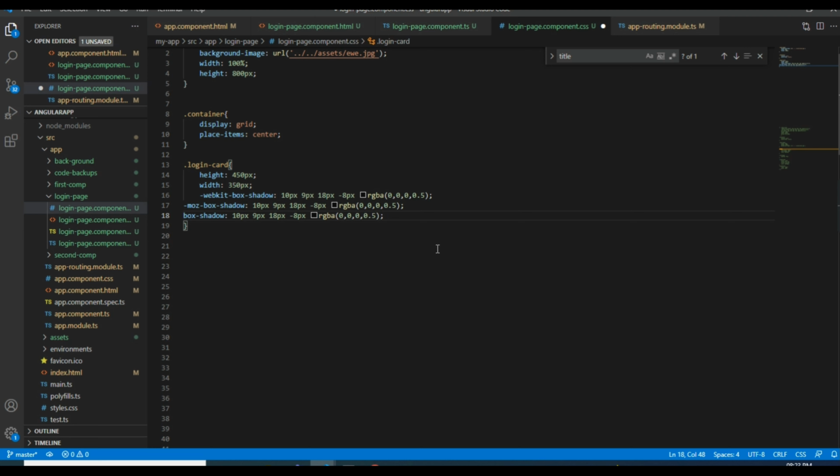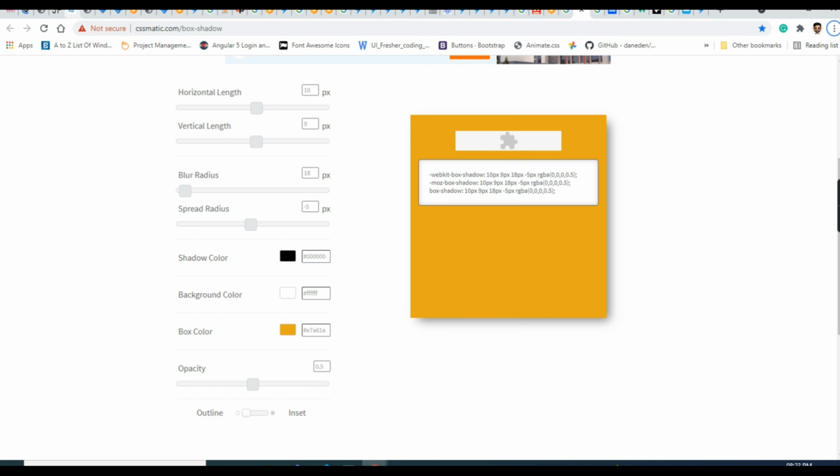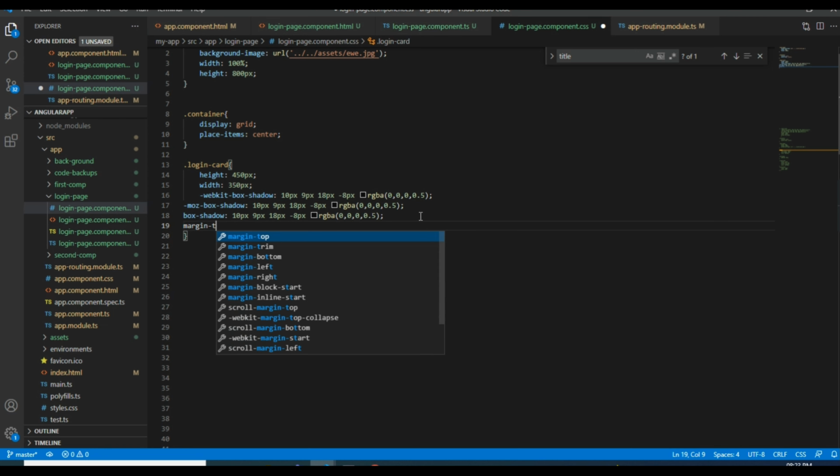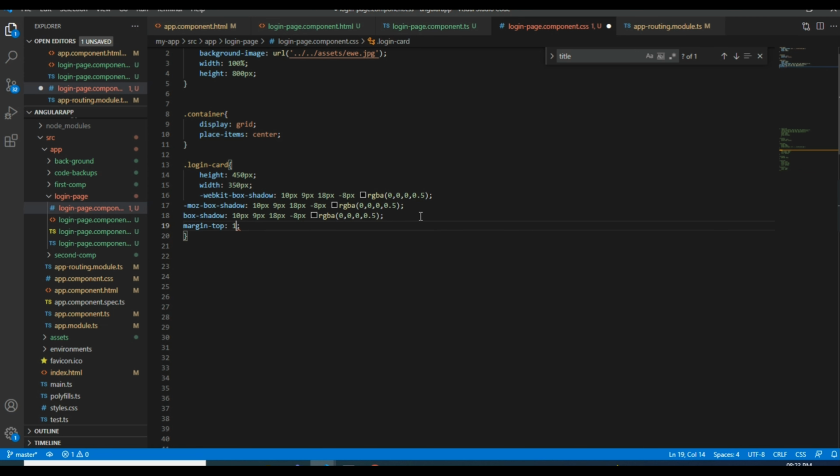Okay, we'll save this file and check it. I will give margin on the top, margin top 100 pixels. I think that's enough.